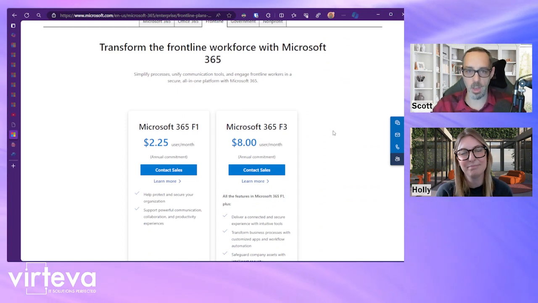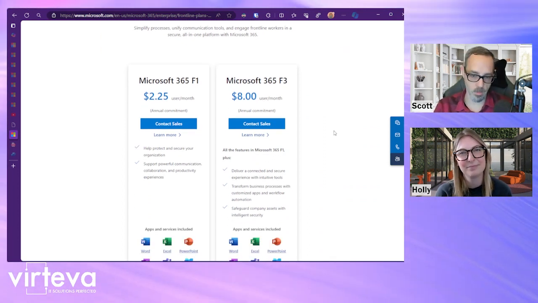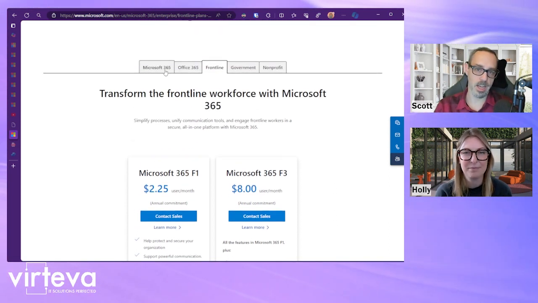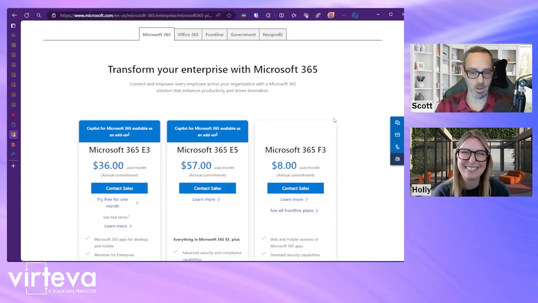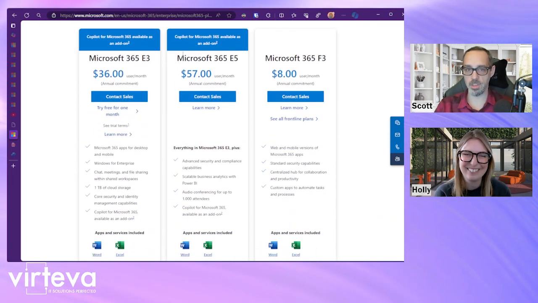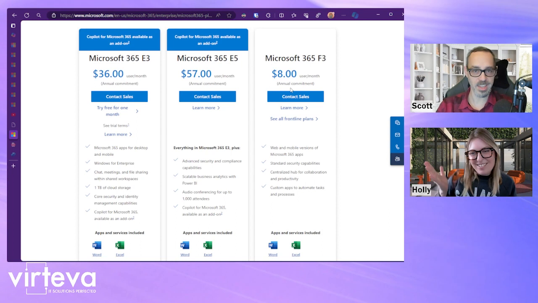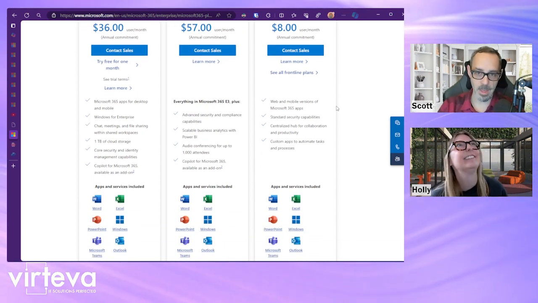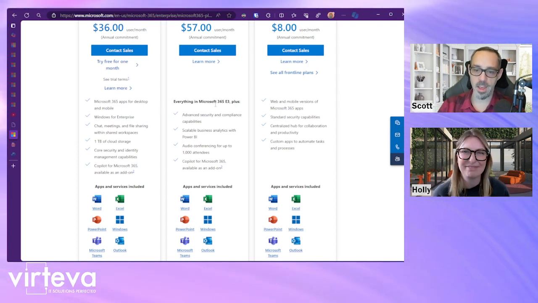And when you're talking about frontline workers, what you're usually looking at is F1 or F3 licenses. But for the purpose of this, I want to show you everything, because this is where most people bat their eyes and are like, $36, $57 or $8. $8 sounds like a lot less money than $36. And this can be very deceiving, because if you look from E3 to E5 to F3 and you're scrolling through this page,